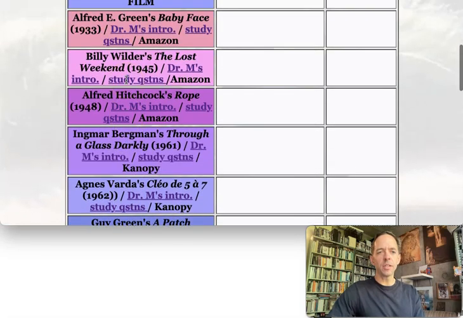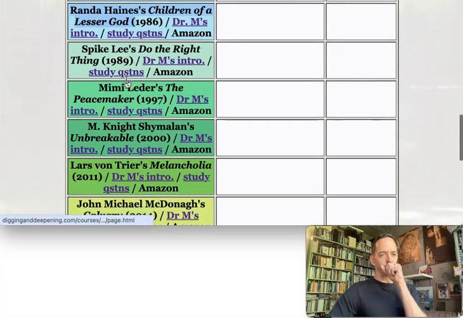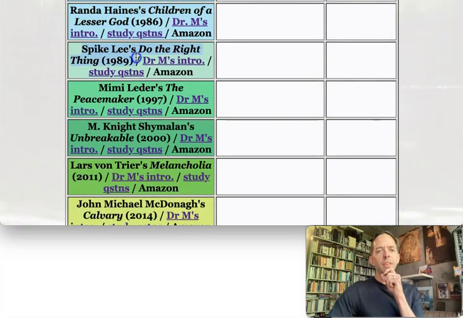Agnes Varda is another one. Spike Lee's Do the Right Thing, one of his early, I think this is his third feature film, and deals with race in New York, right, in Harlem. It's a very important film, so you want to watch it at some point. I always like to teach a film that most students haven't seen. I think this quarter, Star Trek II is going to be that film.